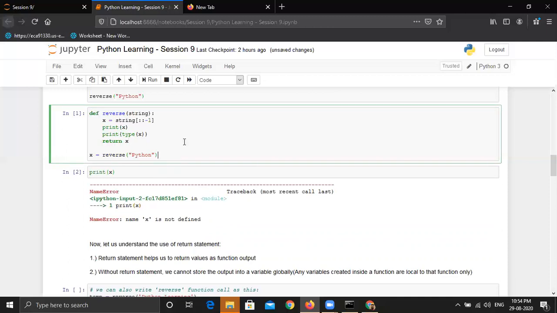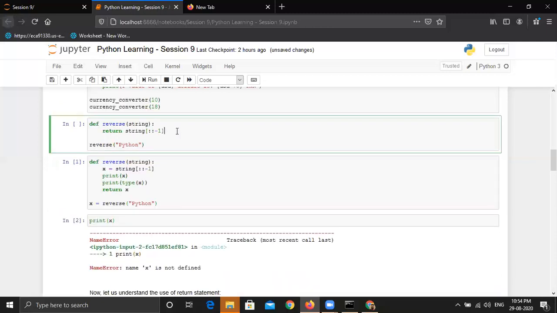Great. And let's try the question asked by Dheeraj. First of all, let's do this. We are coming back to that question reverse. We have passed a string and then we're returning the reverse of the string. So we can store this returned string, maybe ret is equal to reverse of Python.